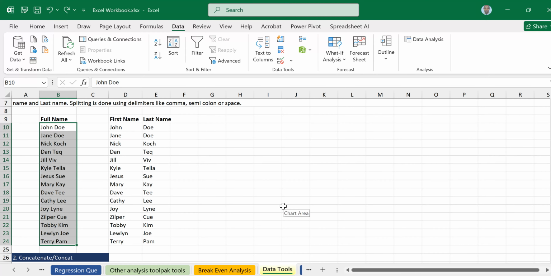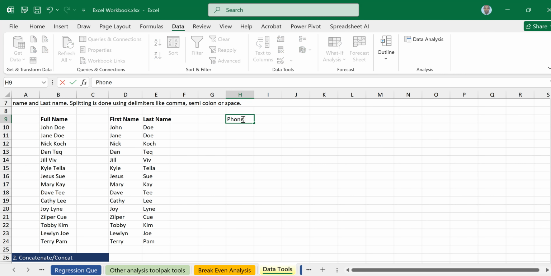So if you have a question, now, assuming your data looks like this, I want to create some sample data here for phone number. I have some phone numbers. I want to create 5 phone numbers for people. So phone number,